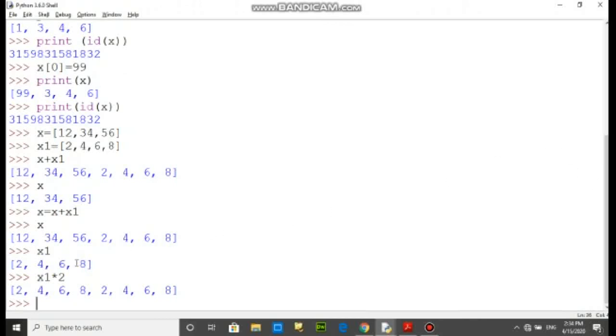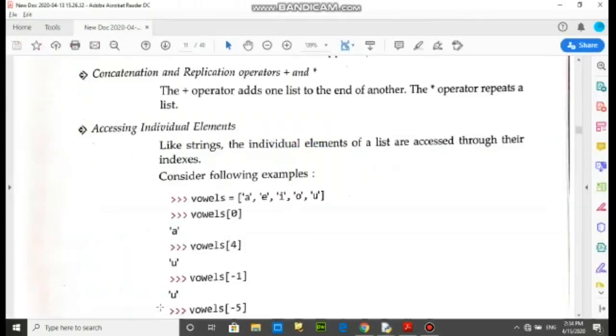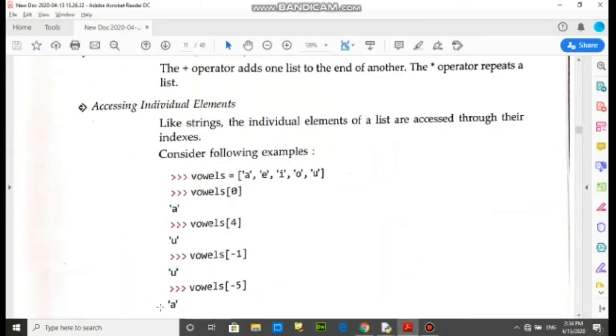The content of x1 will be repeated 2 times. This is the function of plus and multiplication on a list.